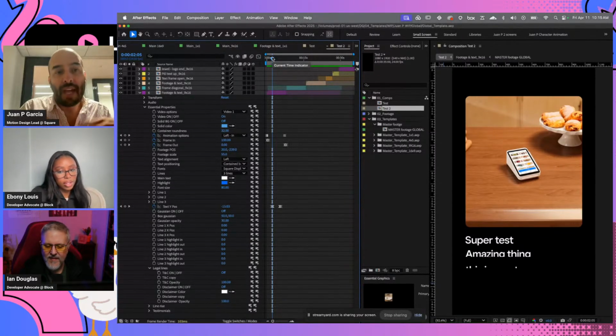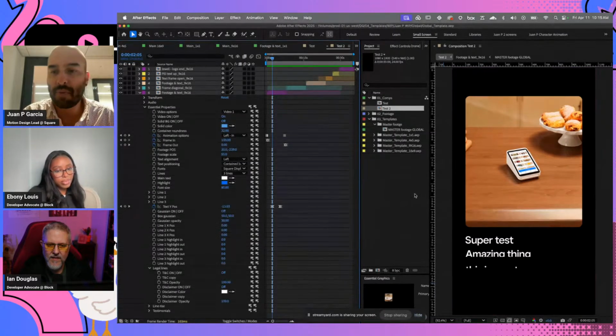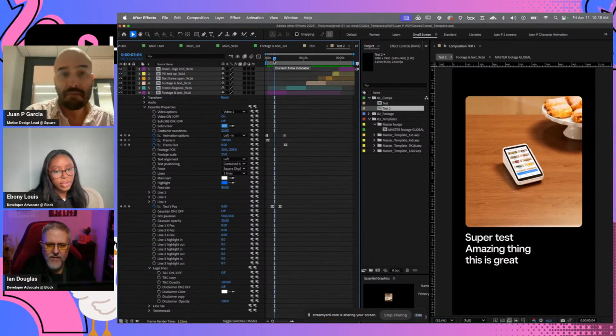At this point, the editor would have input all the copy, the animations, the positioning of the footage, and all of that. Before, we'd have to open a new comp, bring the same template for 9x16, 1x1, 4x5, and redo everything.